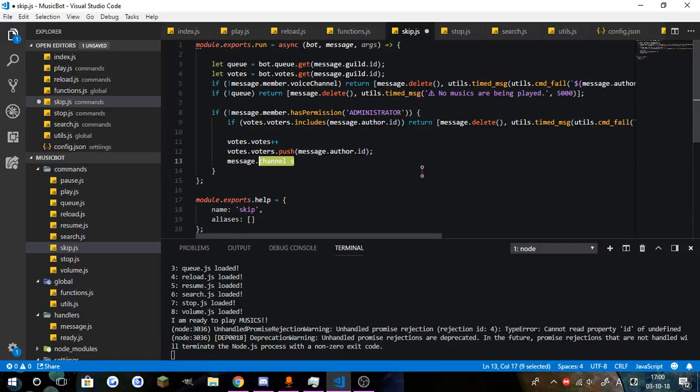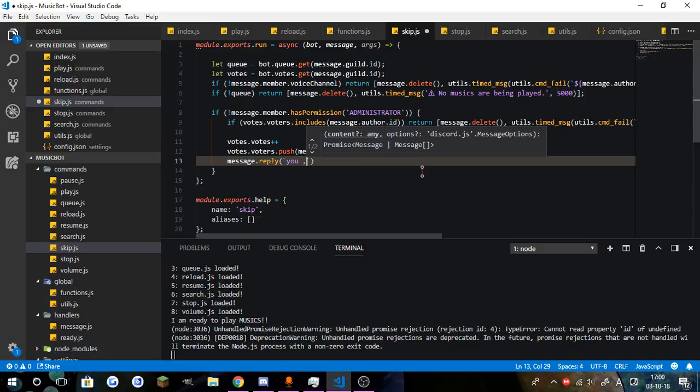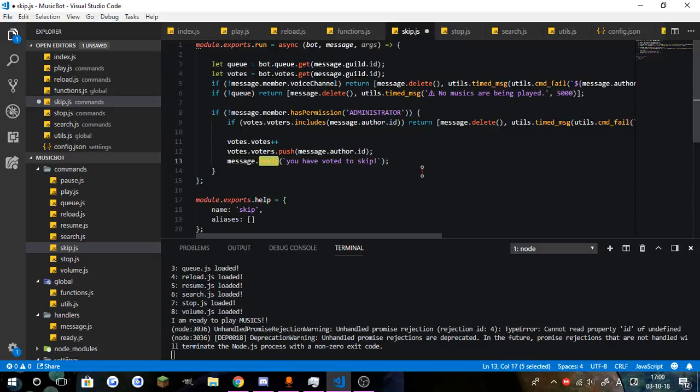Actually, let's just keep this simpler. Message.reply, and since it's going to be a reply, it's going to automatically put the author ID. It mentions the author and puts a, what's it called, comma. So yeah, you have voted to skip. No, I don't like this. I can actually think of a better thing to do. So message.channel.send,